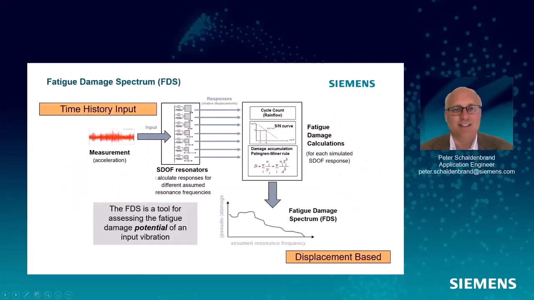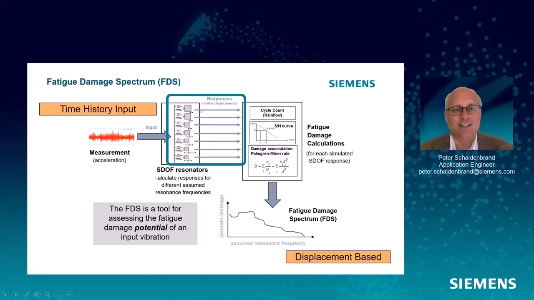Now we get to the fatigue damage spectrum. The front part is exactly the same, except for output out of that integral, if you've looked at the SRS presentation, you can get relative displacement as an output. It's a dimension you can set for an SRS. We take that relative displacement, we have an SN curve and Miner's rule, and we can calculate. So we take the relative displacement trace out of this filter. That's the difference between the mass and the base.